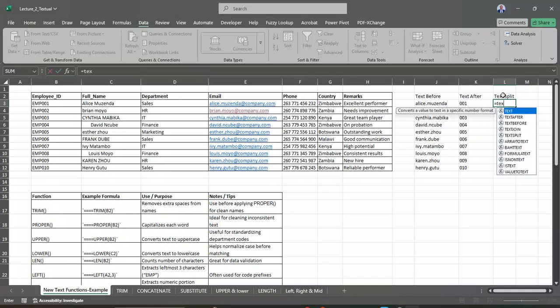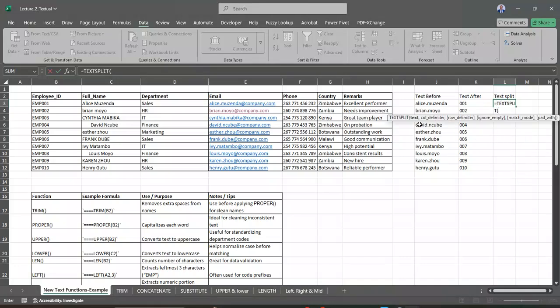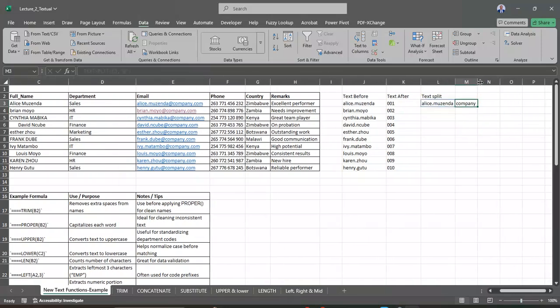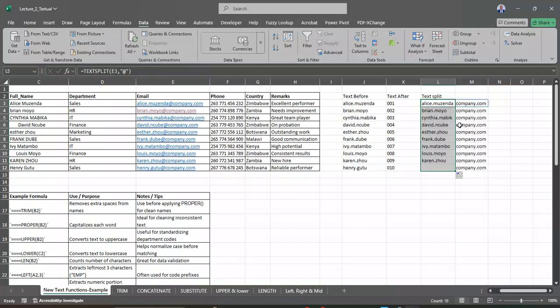We say text split this. Column delimiter is the @ sign. You see, it creates these two columns. So it's just coming there and splits these two into two columns, and there you are. So this is your text split,